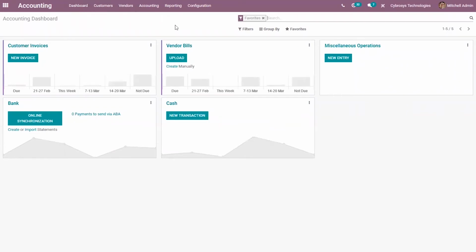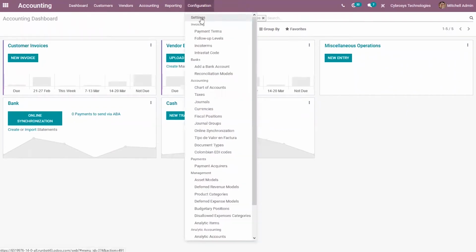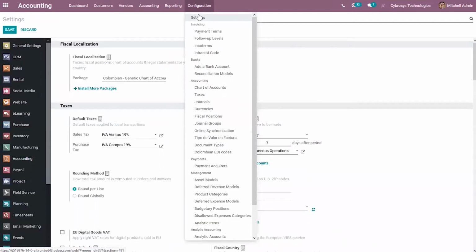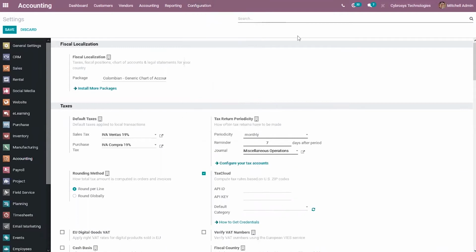Now let's go to configuration settings and see how we can configure credentials for electronic invoicing.